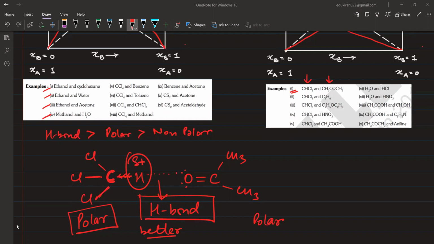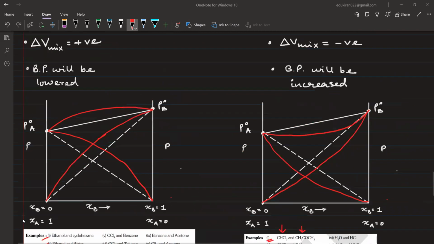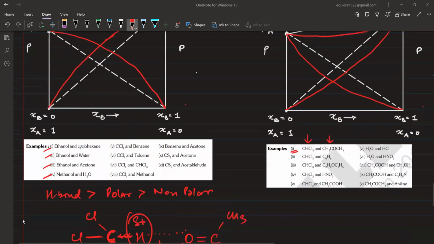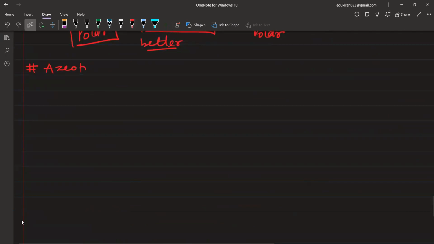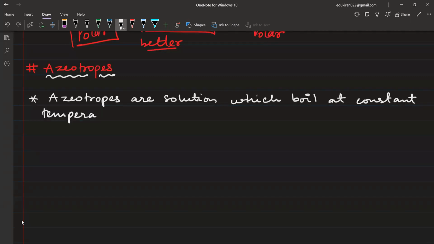and write the next topic, azeotropes. Please write azeotropes are solutions which boil at constant temperature. What does it mean to boil at constant temperature? Please